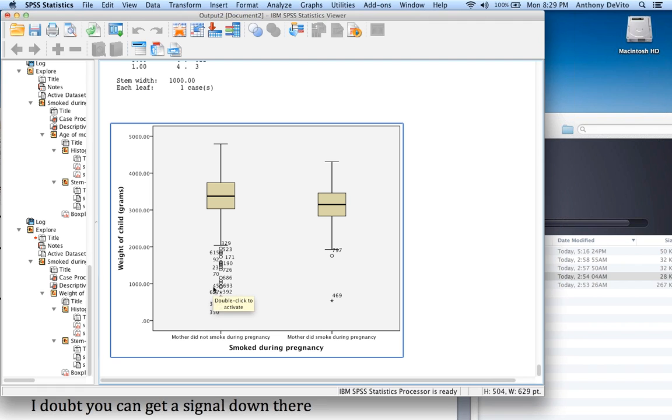Those are outliers. Those are a situation in which SPSS has done a calculation. As we move on, we'll explain how it does that calculation. And what it's saying is that that particular value and that particular value, and it gives different values for stars and circles, those values are so far away from the bulk of the rest of the values that it's telling you that you might want to consider dropping them out because,